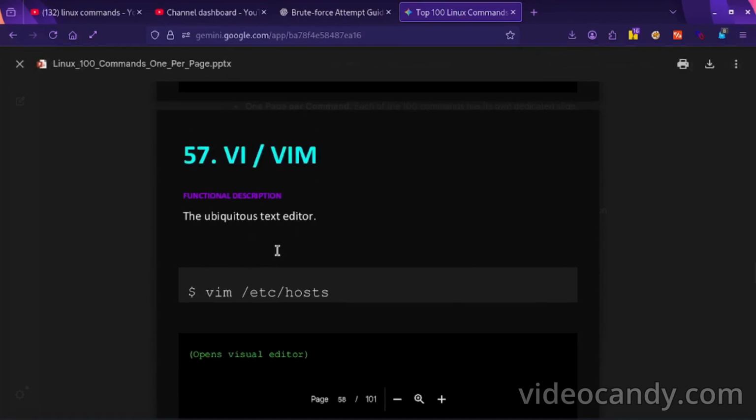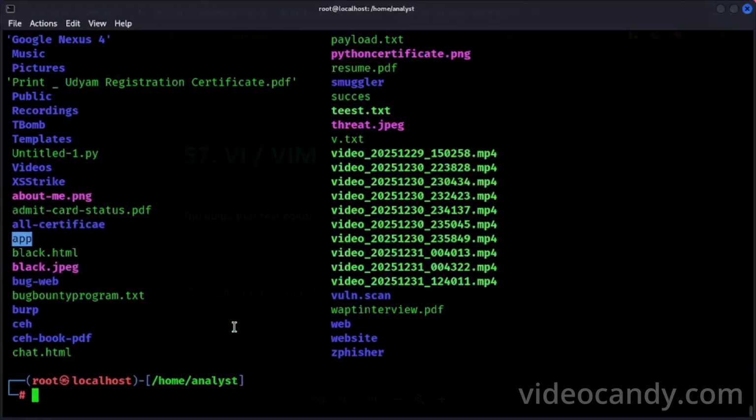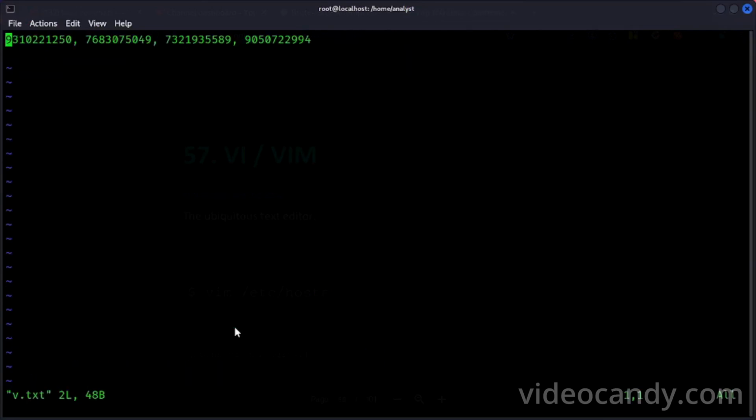vim: this is a text editor, and we can write with it, like vim b.txt, and press i to write anything.